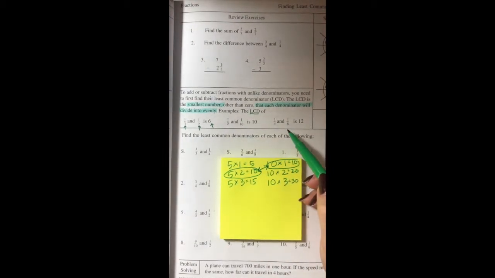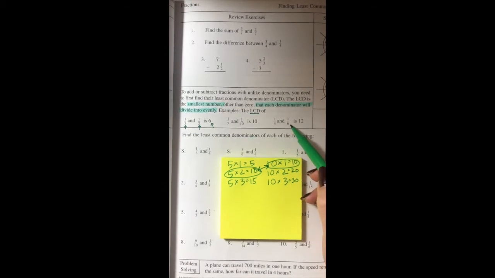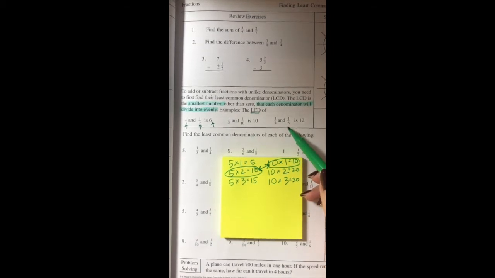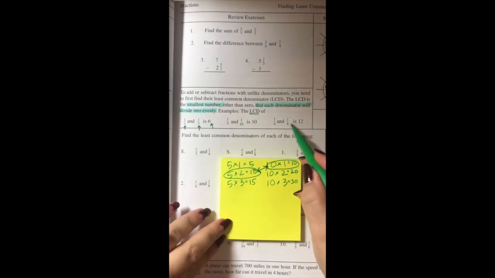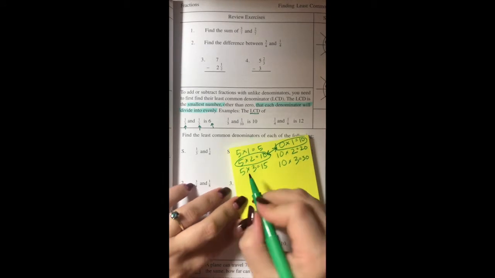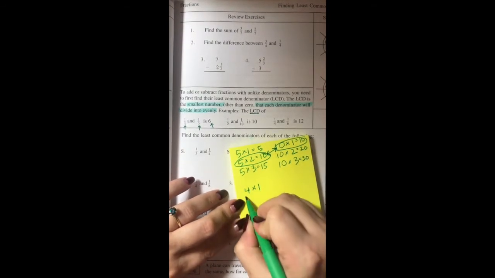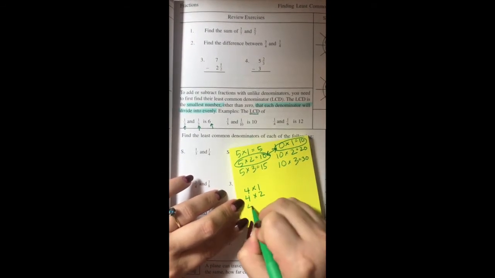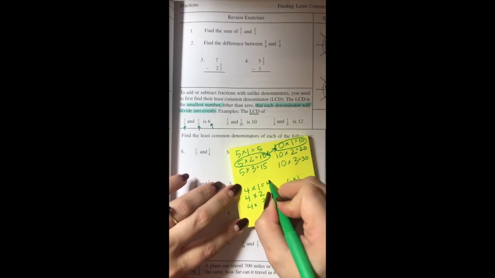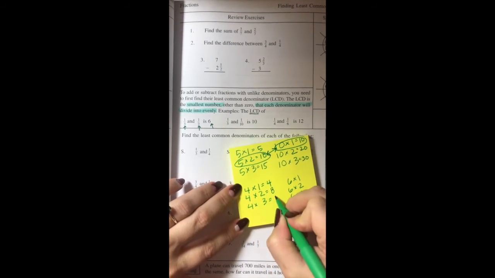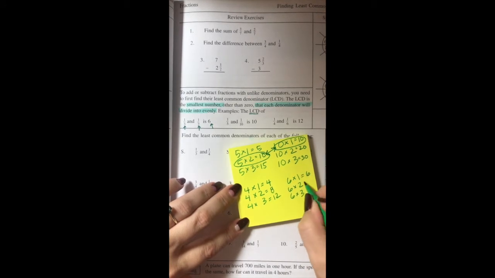And for one more example, we have 4 and 6. So what is the smallest number that both 4 and 6 both fit into evenly? So 4 fits into 12 evenly 3 times, and 6 fits into 12 evenly twice. So if we were to go down the list, and you don't have to do it like this, you might know it right away, but this is just a way for you to see